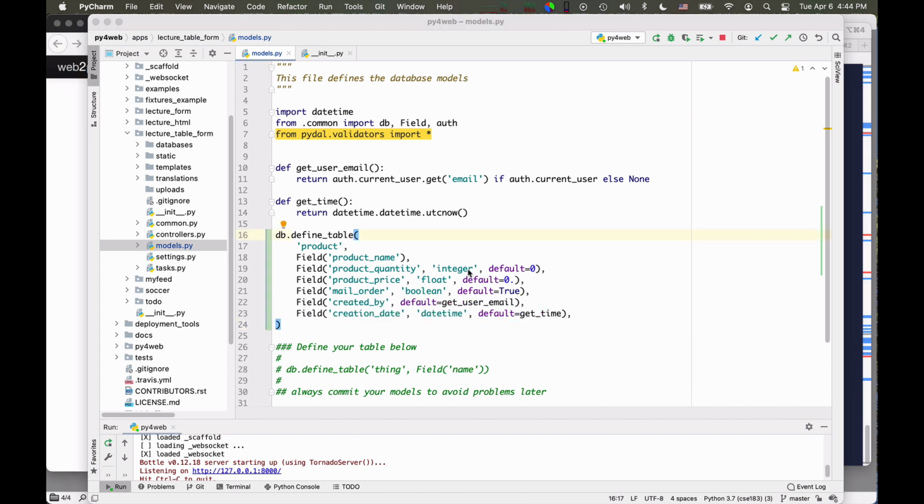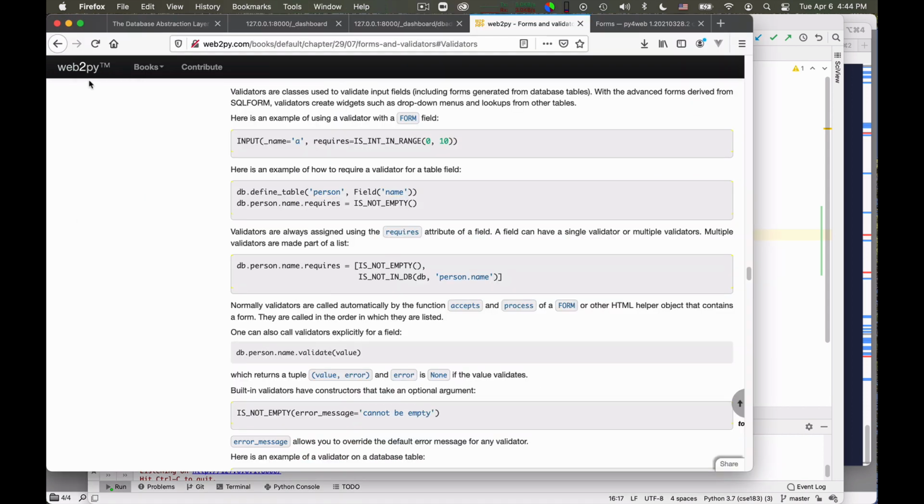Another thing that we would like to do is add validation, so that, for example, the product quantity is an integer, the product price is a floating point number, the product name cannot be left empty, and so on and so forth. You can do that by using what are called the database validators. These are explained in the Web2Py documentation, not the Py4Web.